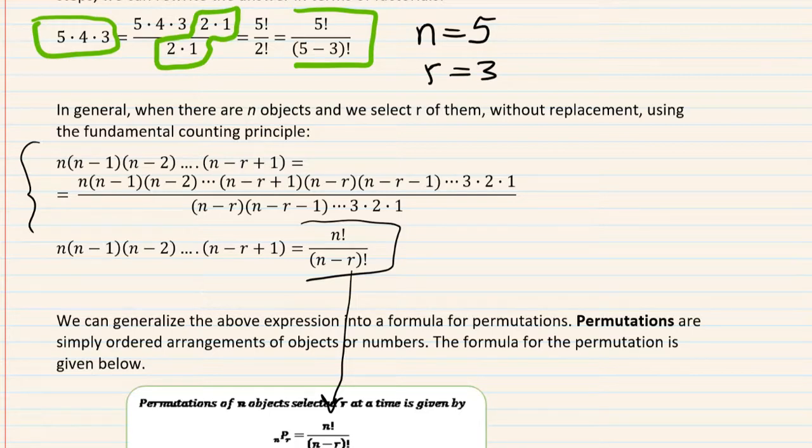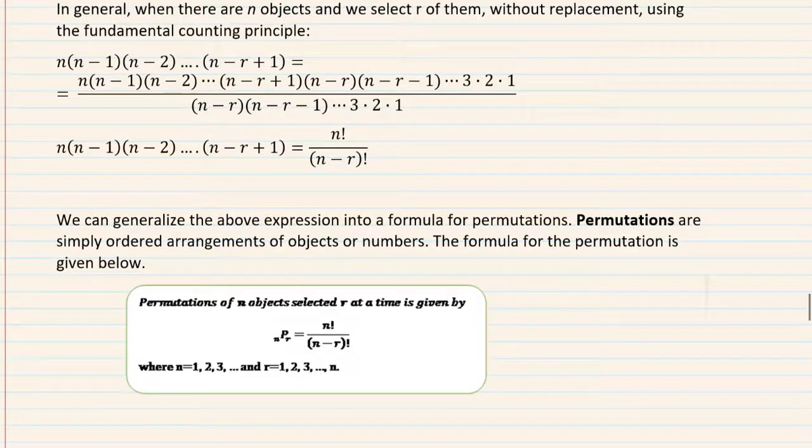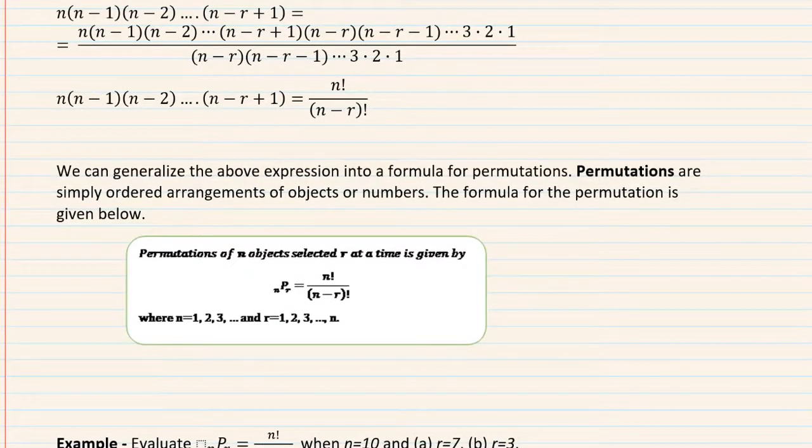I'm trying to show you the derivation. If you don't follow the derivation, don't worry. So there you have it. And that's our permutation. Now, Megastat, Minitab, and just about all scientific calculators are capable of doing this. I'll show you in a moment.